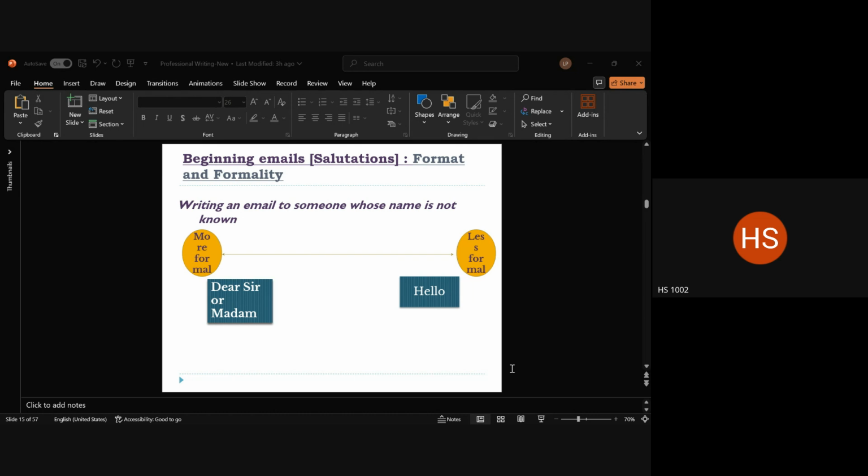Should we write sir first or madam first? "Dear sir or madam", "dear madam or sir". There is no particular hierarchy there. Okay. It's your choice whether you want to write sir or madam, or madam or sir. Everything is fine. Okay. If there are more than one persons involved, you can say "dear sirs". You can also say "dear madams". Right. These are all combinations that are allowed.